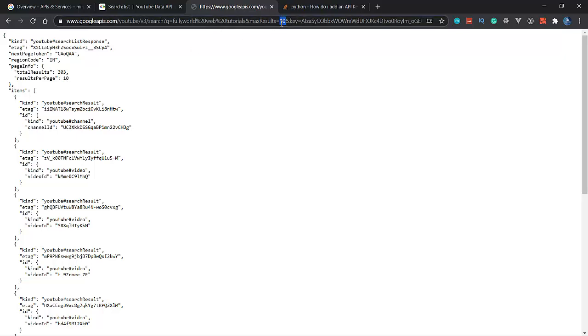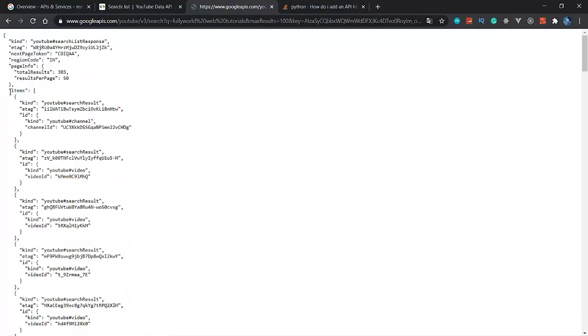When I write 100 results here, I will get only 50 results per page. So let's count its length here. Let's copy this array, and go to inspect element.